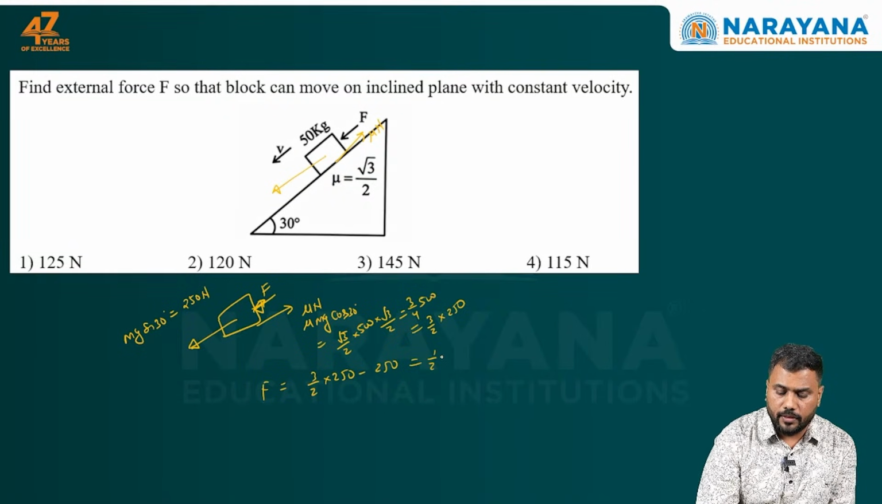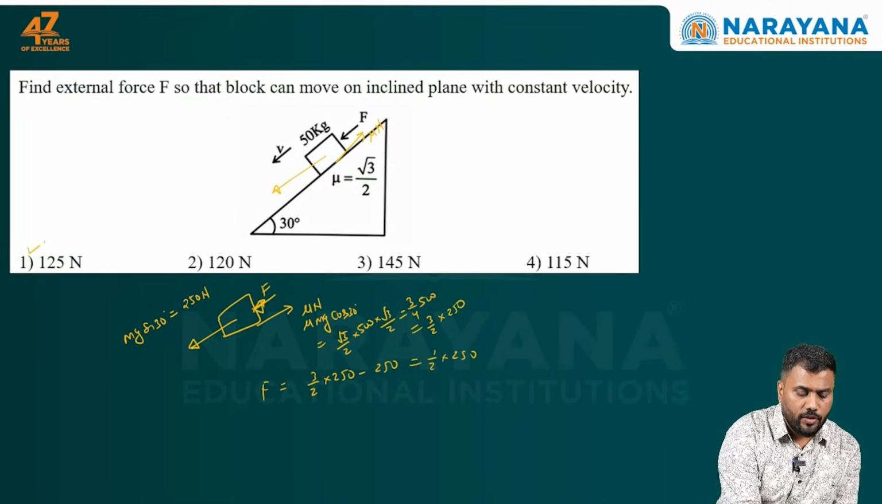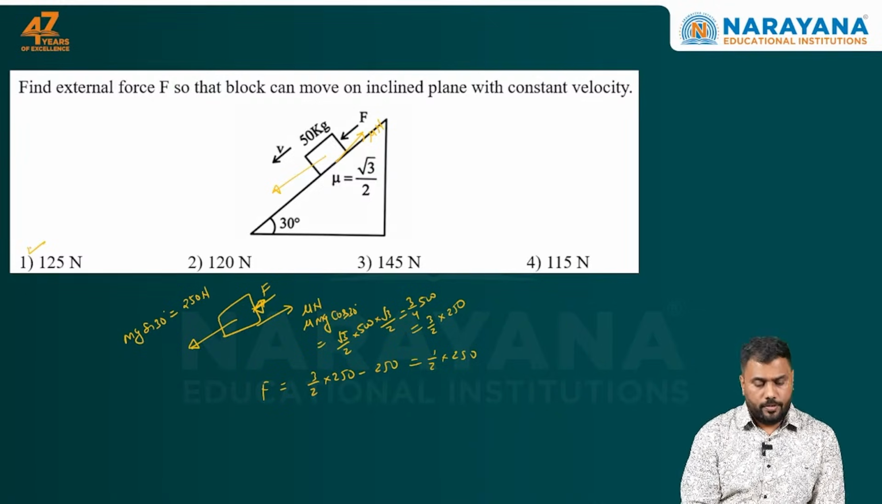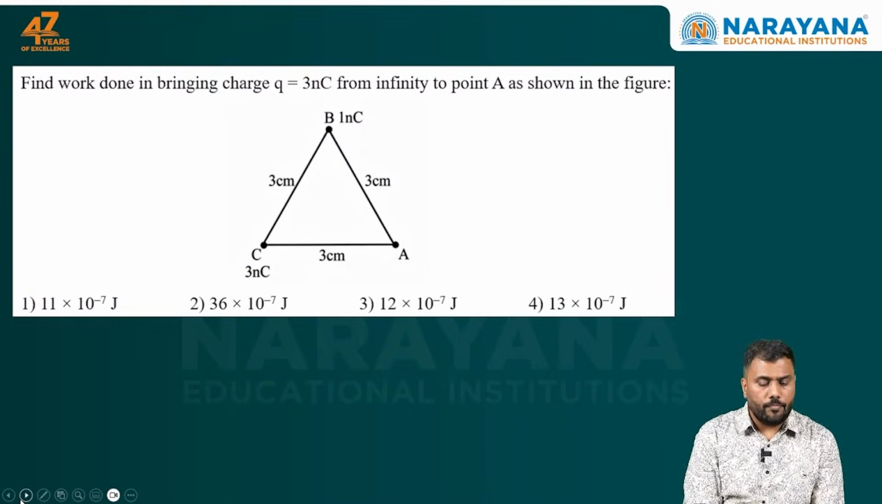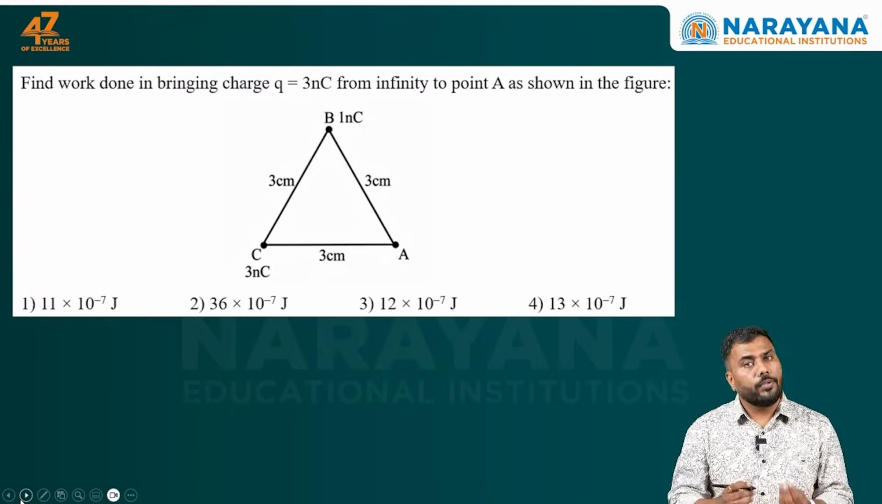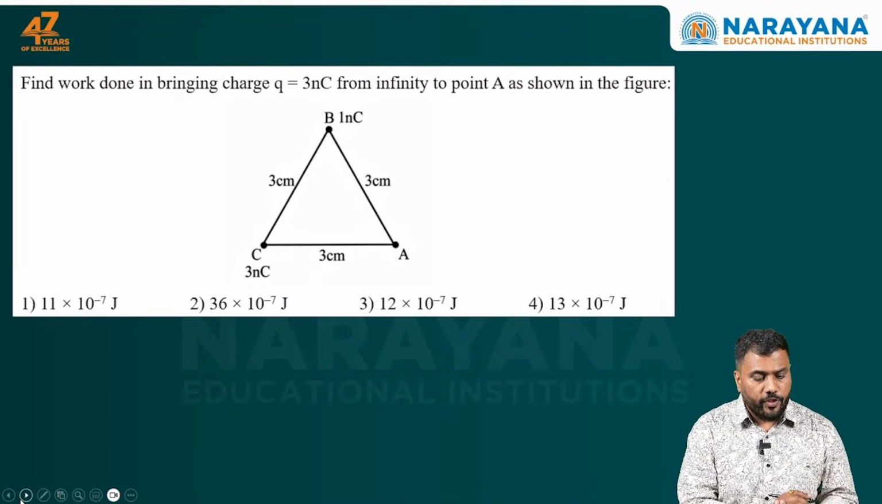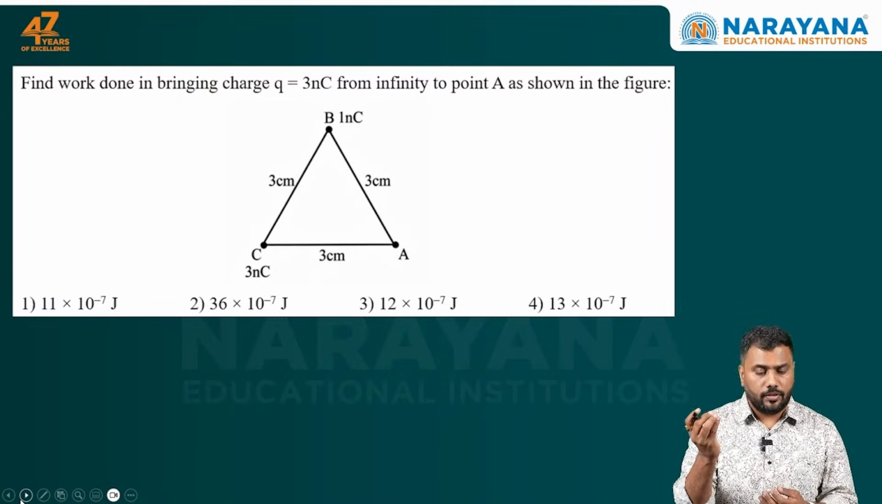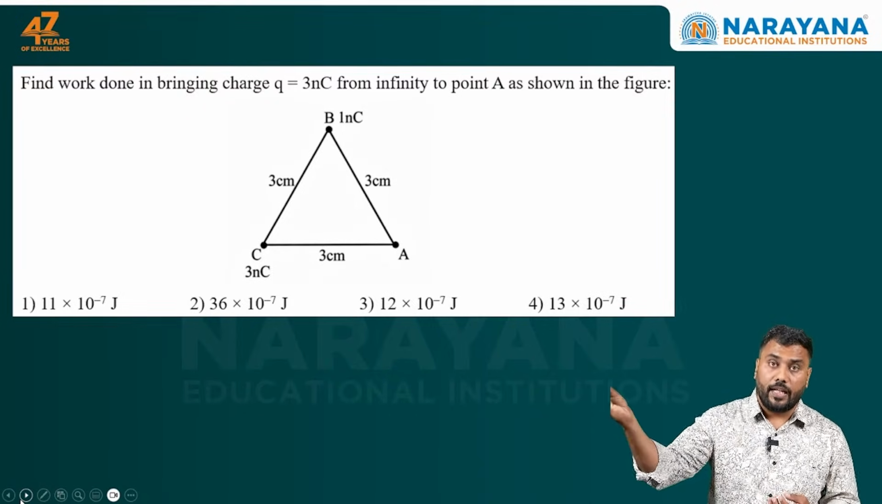You can calculate this is half of 250, that means 125 Newton. So let's go to the next question. The next question is again a simple question from electrostatics. We need to find the work done in bringing a 3 nanocoulomb charge from infinity to a point A as